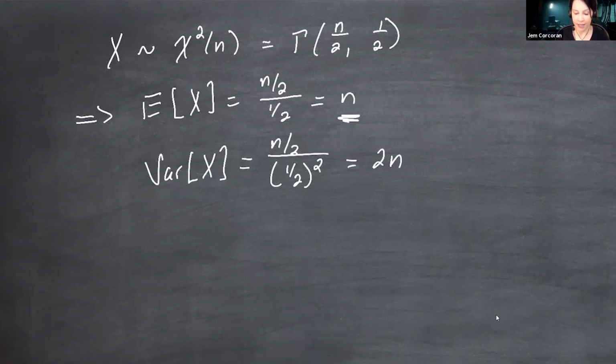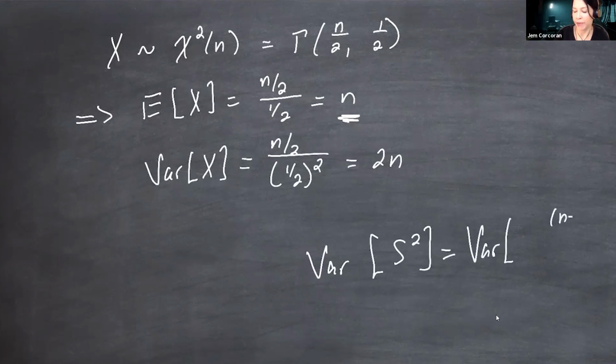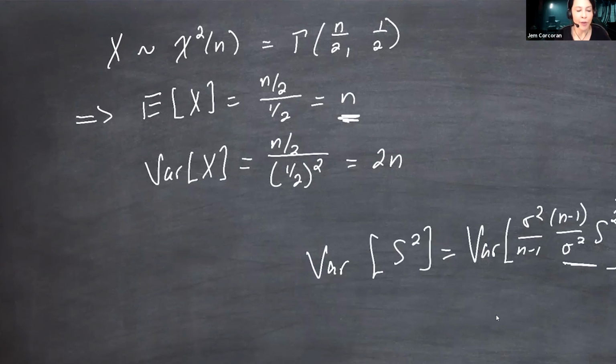And so from this, I'm totally out of time, but if you wanted to find the variance of S squared for the normal distribution, you could say, well, I don't know about S squared, but I do know about n minus 1 over sigma squared times S squared. I'll do this next time. I could adjust it and pull constants out and use the fact that I know the variance of the chi-squared, and I'm rushing too much. So we'll pick up with that